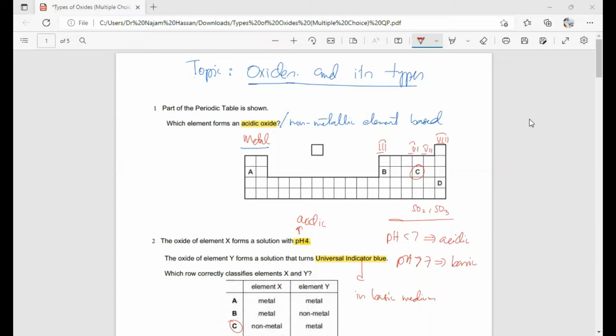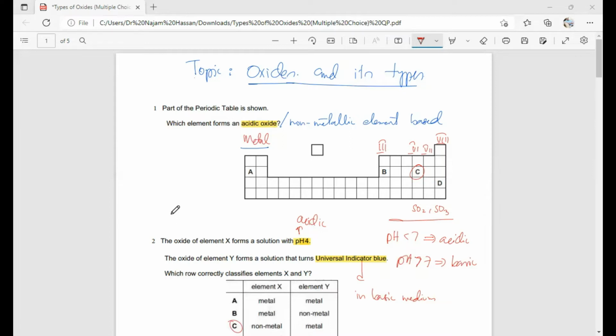In the periodic table we know well that the metals are found on the leftmost side, and once we move from left to right,